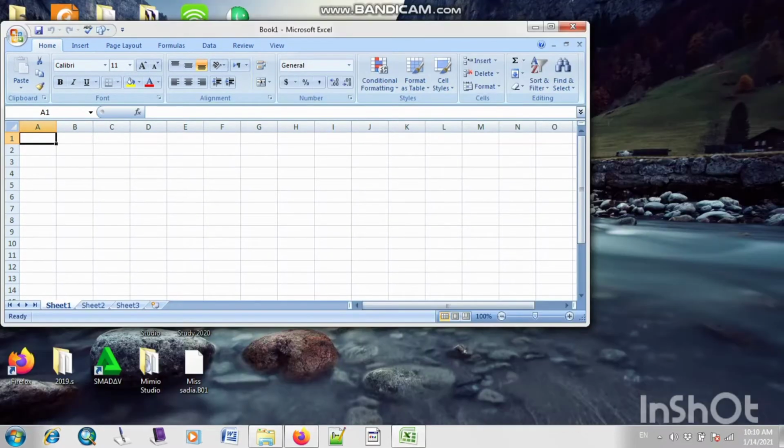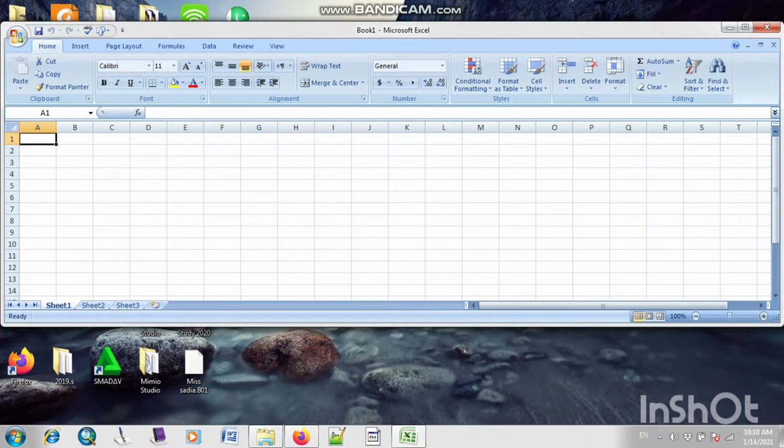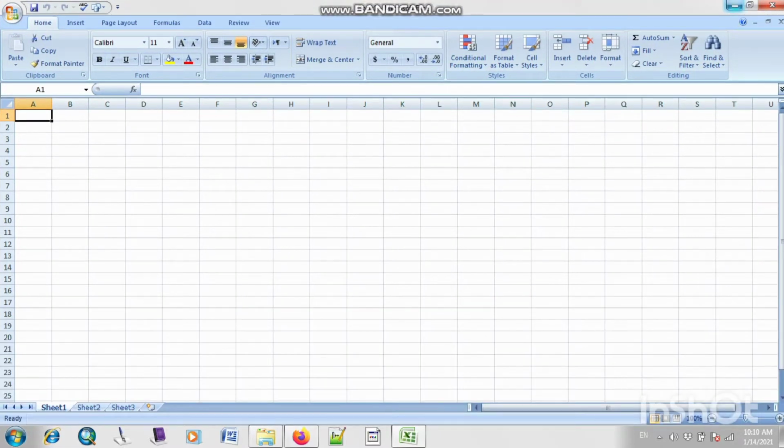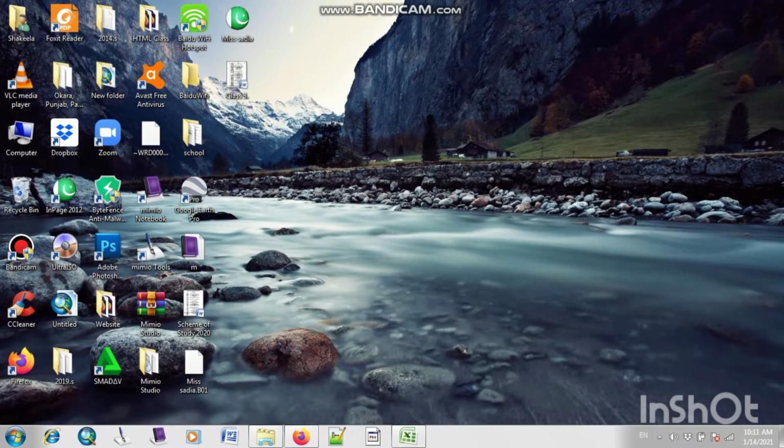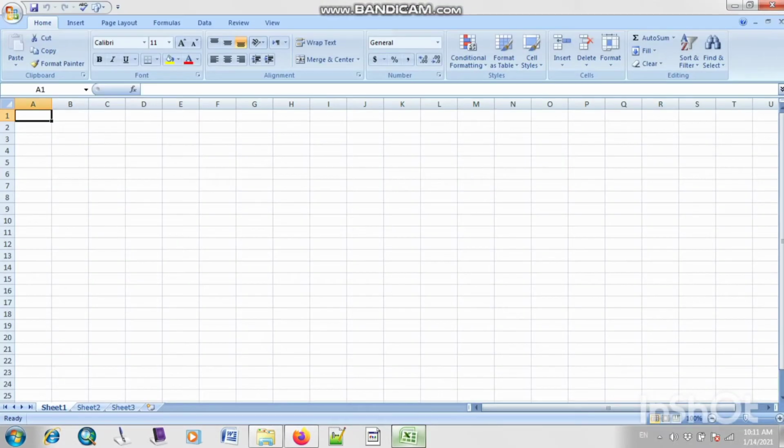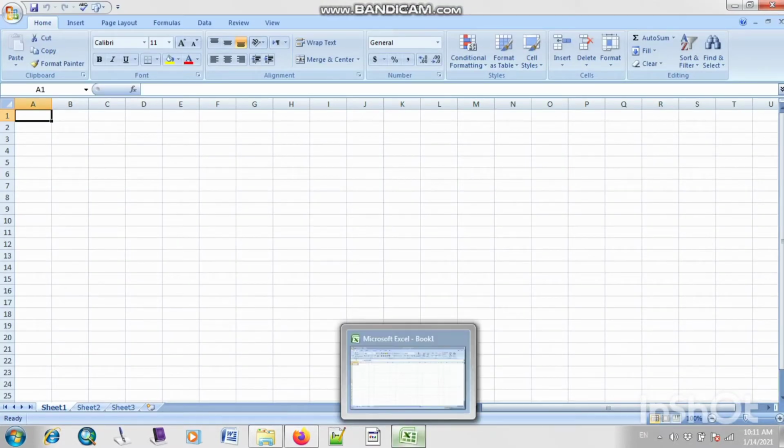If I click on this option, you can change your size and adjust to your screen. The next option is minimize. Minimize is used if you want to store it on your taskbar and open some other file or do some other work. Then you can again click on your taskbar icon of Microsoft Excel, and then you can use it.